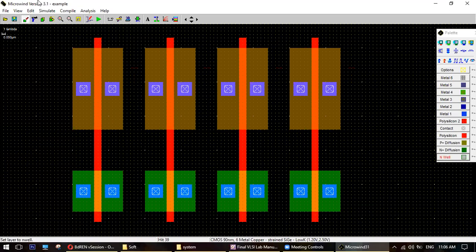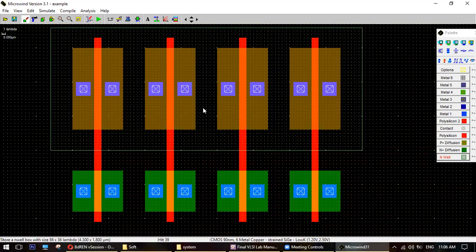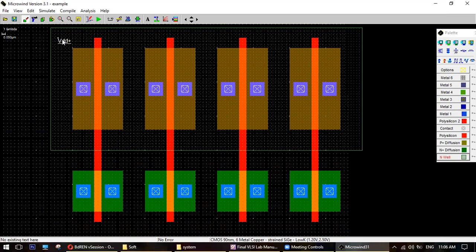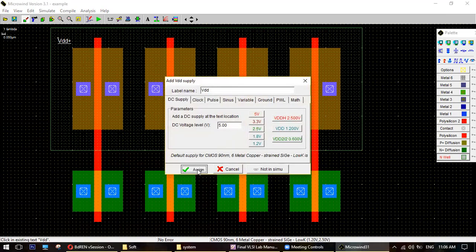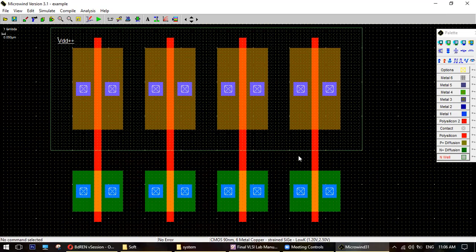Okay, now the N well. This is the N well, 6666, all of them. Is there any error? No error. Now the N well VDD is this one. Now I have to make the connections. Got my point? How I make the connections?